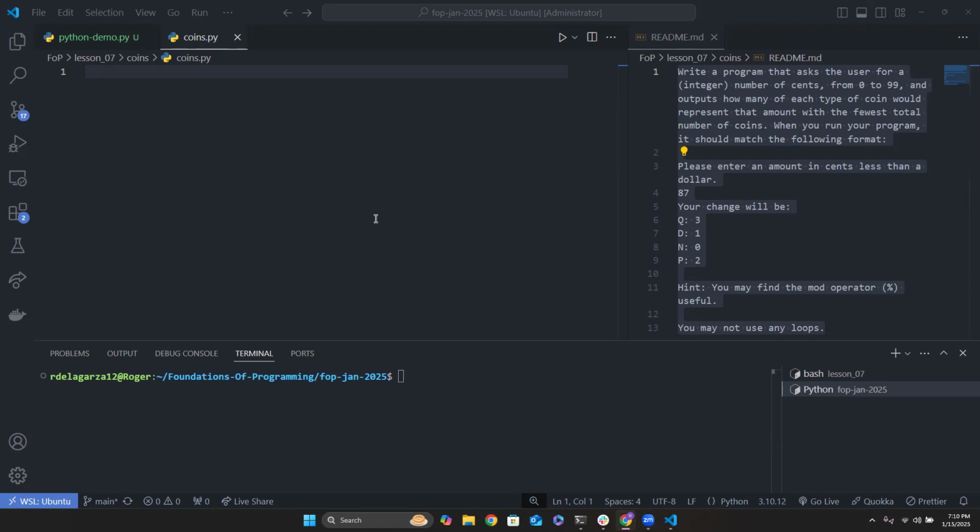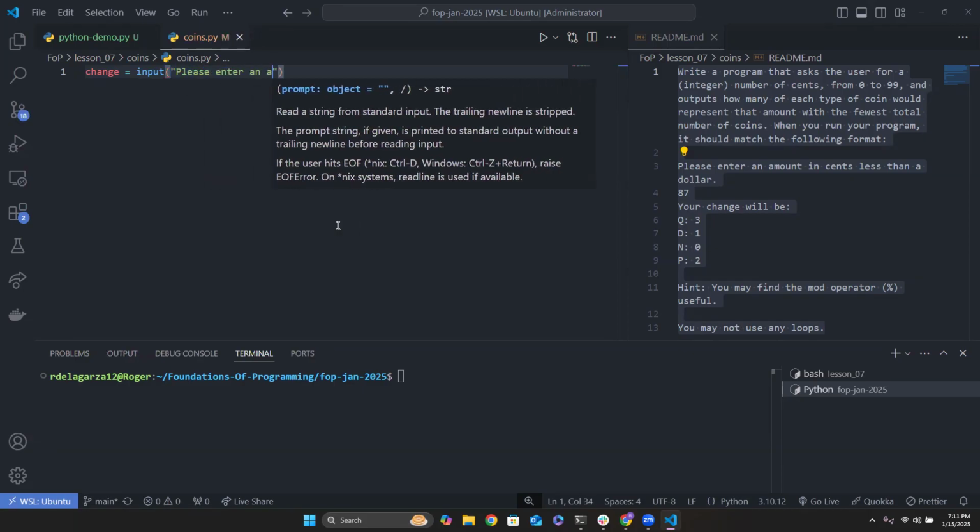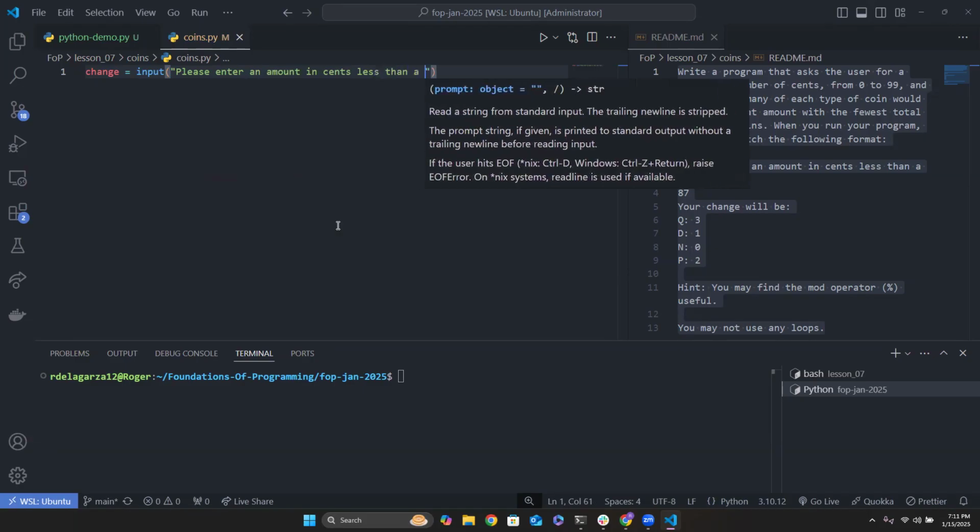All right. Let's go ahead and start going. So we had an array program that takes input from the user of how many cents they have, and then we had to break it down into its respective amount in coins, right? So the first thing was we wanted to receive input from our user that we can use, right? So we're gonna say change is equal to input, and then the assignment said that we have to ask the user, please enter an amount in cents less than $1,